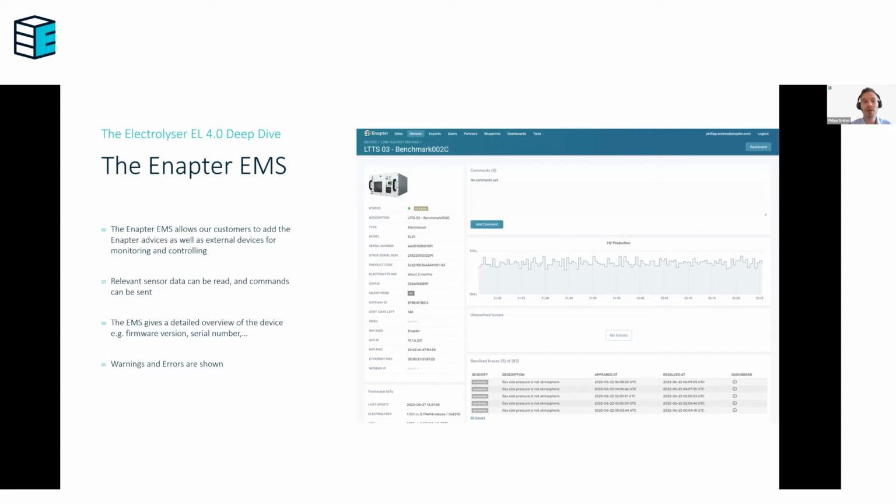Or also what you can see here in the screenshot, this is from a normal web browser. And I just choose a device here. And as you can see here on the upper right side, you see the current hydrogen production. And here you can see all the information regarding the device. And here you can see the last resolved issues. There are some more information, but I don't want to